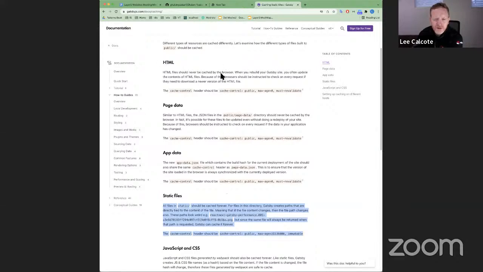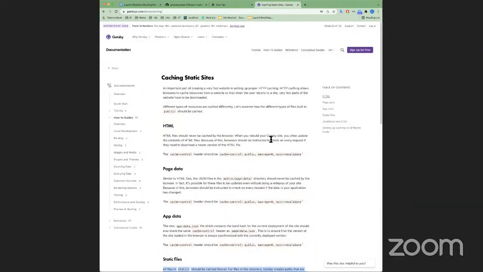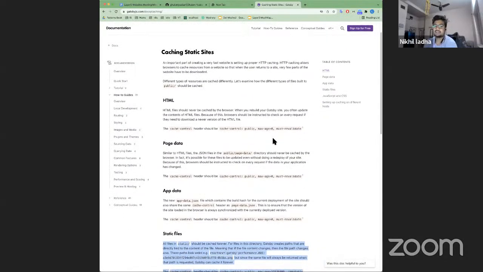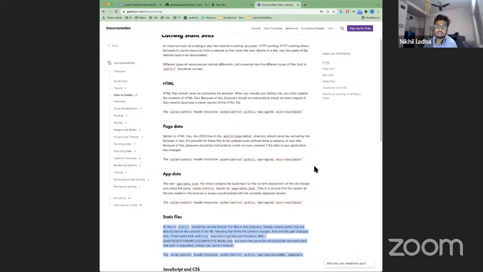Nikhil, do you recall this page, or some of these approaches? It basically highlights which files and how much time we should give in the cache control attribute for each of the data types. In case of HTML, it shouldn't be more than a day; the max age should be 0 because it might change frequently. Same applies for other pages data as well.